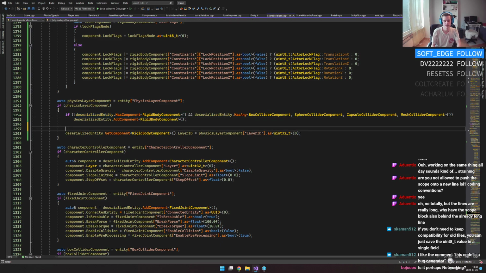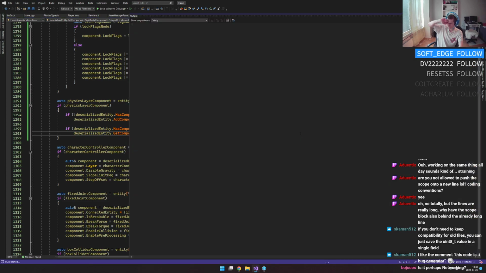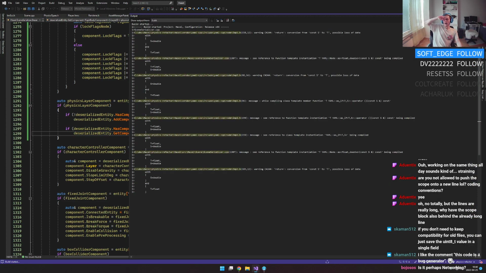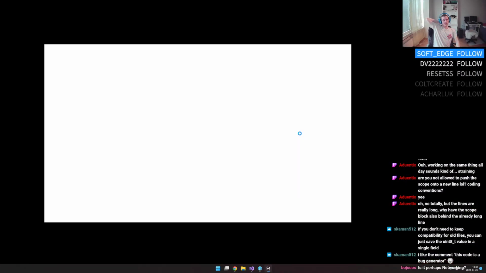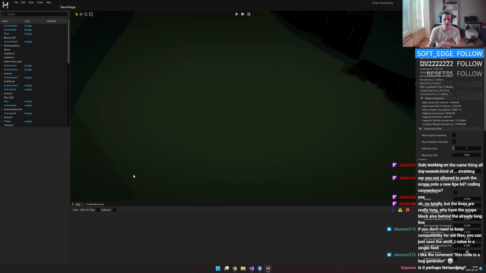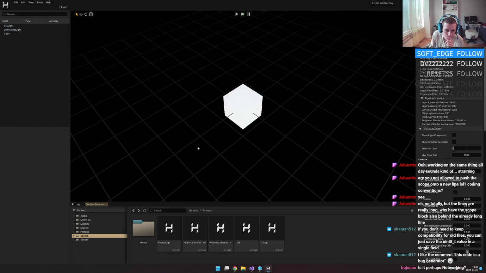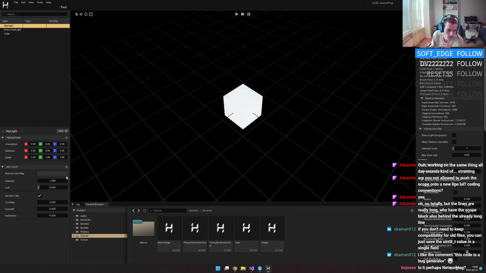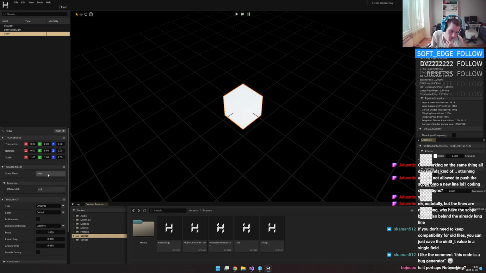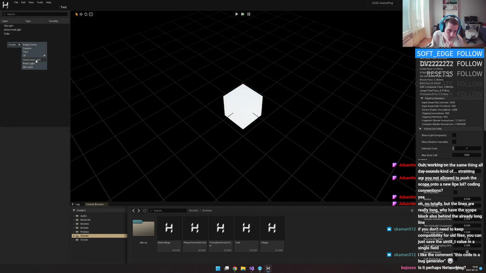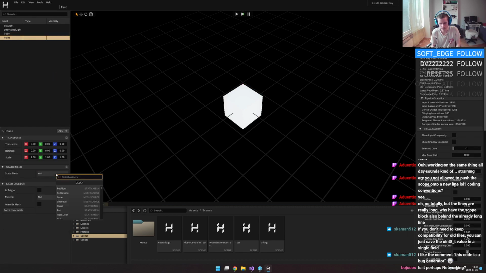It might just be easier to not have this backwards compatibility crap, and just make it so you have to go through all of the entities and fix them. Could write a little tool that will do that for you, but yeah, whatever. These no longer have that. This one should have one, and it's a dynamic one actually, which is interesting. But yeah, so if I create a plane,